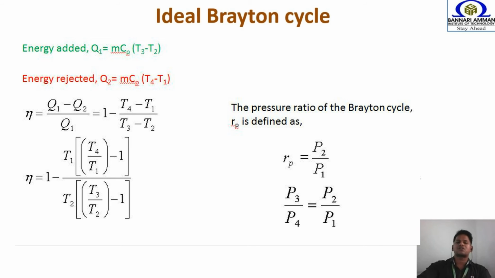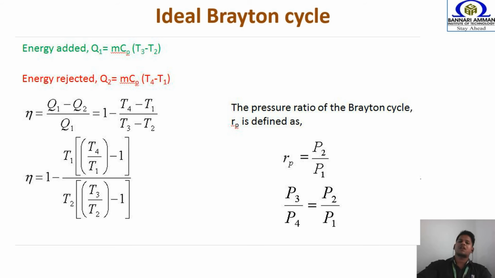So we are just applying those concepts which we already studied in the previous semester. We know the formula for calculating Qs and Qr, heat supplied and heat rejected, the work given to the compressor Wc, and similarly the work extracted from the turbine Wt. W net is nothing but Wt minus Wc. So the amount of work we get from the turbine minus the amount of work given to the compressor, because we have a shaft connection, right?